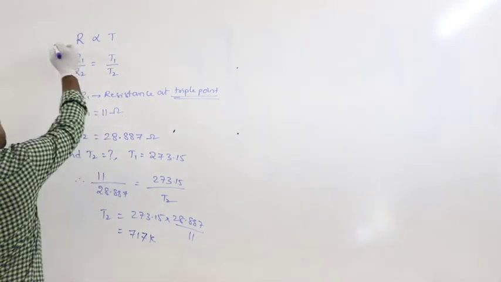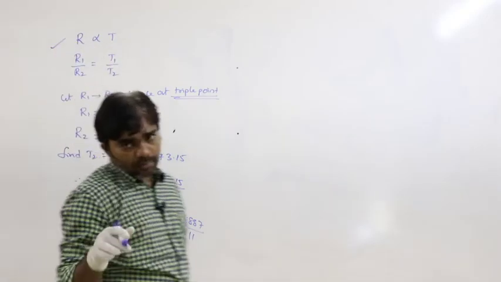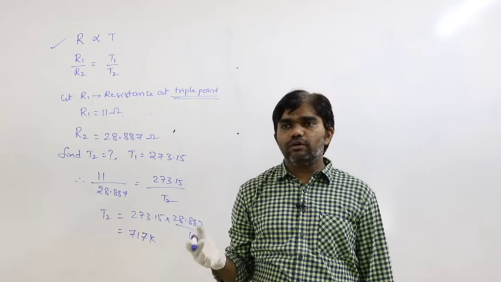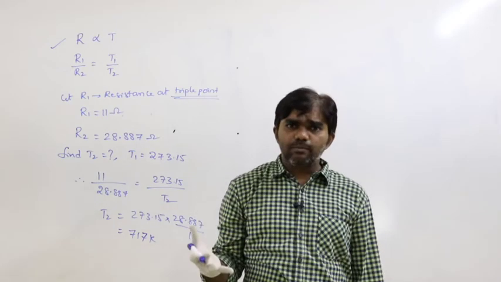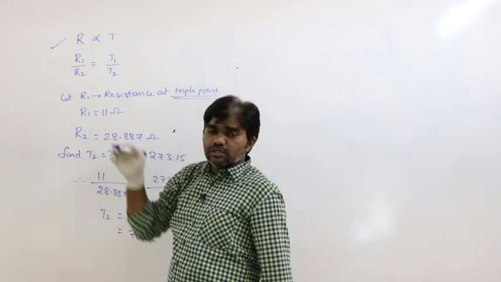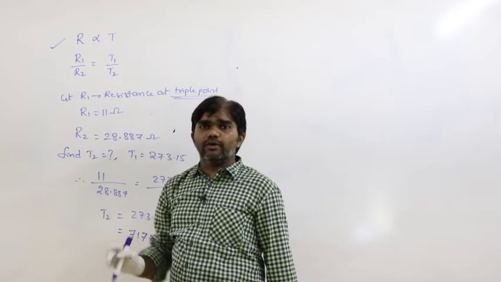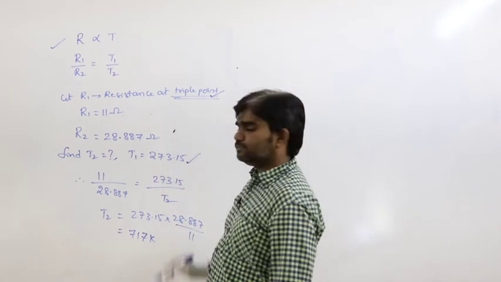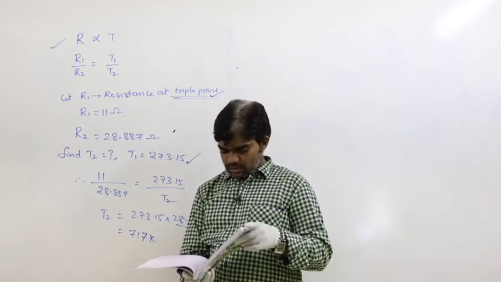That is the way. Based on the triple point of water, maybe pressure is directly proportional to temperature, or resistance is directly proportional to temperature, or length is directly proportional to temperature, any one. But in the given quantities, two belong to the triple point: one is resistance, one is temperature. That's next.